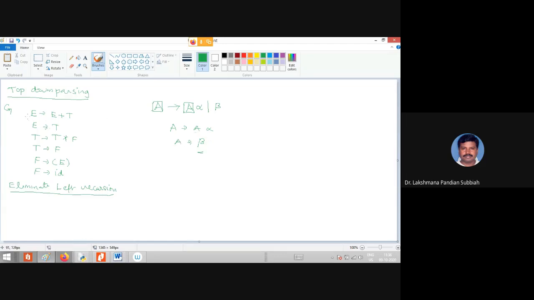Now here we have E derives E plus T, and another one, E derives T. If you consider E as the non-terminal, the right hand side starting with the same non-terminal, the remaining part is alpha. The one that does not start with the same non-terminal is theta. So this is A derives A alpha, and this is A derives theta.